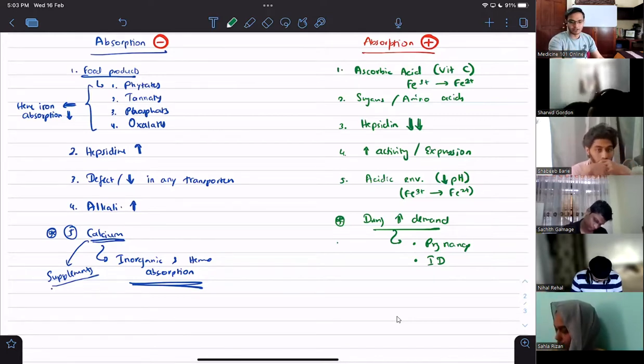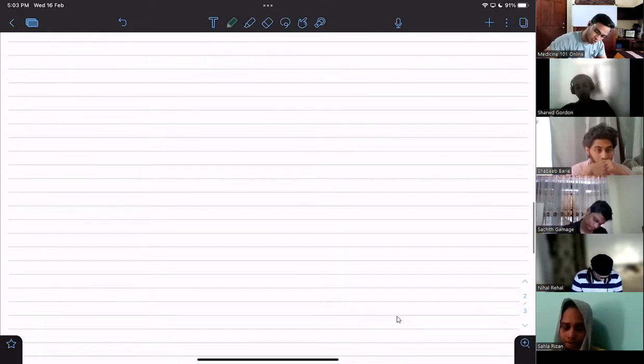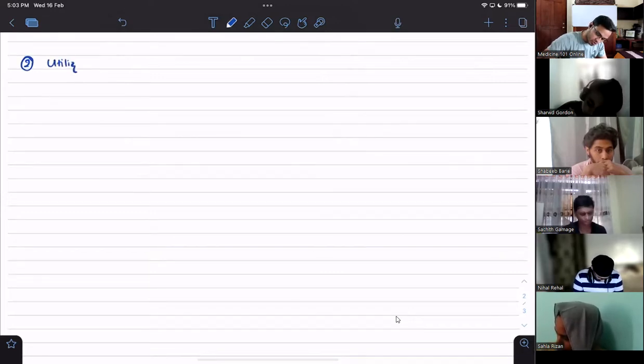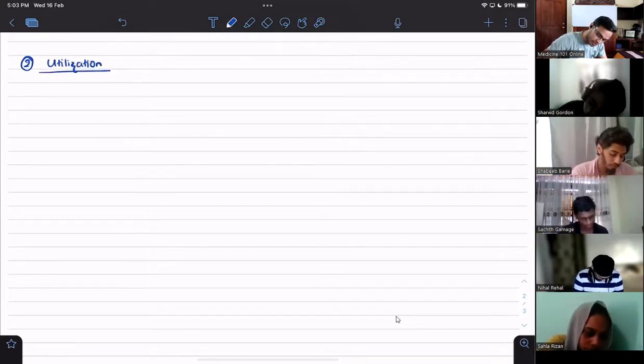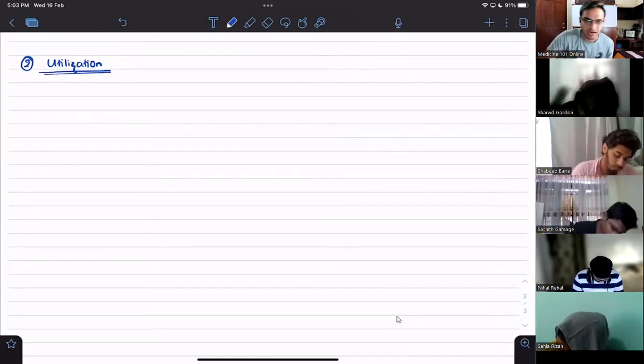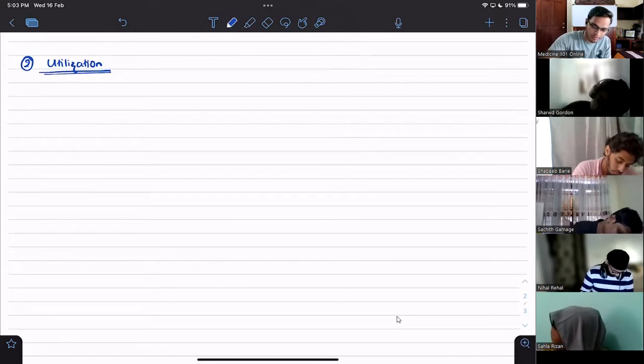Now we are going into the other two phases, not as much. Look at this. We are not going too much into this. Second phase, utilization. Basically, what are we talking about here, guys? Hemoglobin synthesis, right? These are very in-depth discussions. We don't need to go all that for iron deficiency, right? We'll go through some basics.